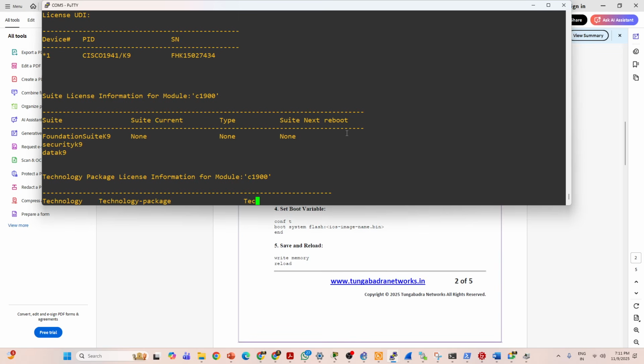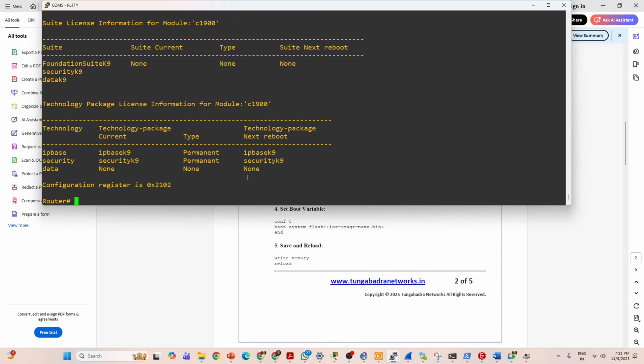Guys, there are a lot of things. Sometimes this is a normal old device, right? We can directly do that. But the devices which are in production, if you are using a very old device, you cannot upgrade directly. Currently it is 15, and if you're using version 9, you cannot go from 9 to 15 directly. There will be an upgrade path. So that's why you need to take a proper confirmation from the TAC team, the vendor team,